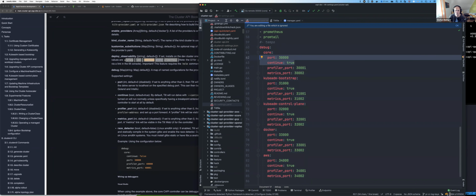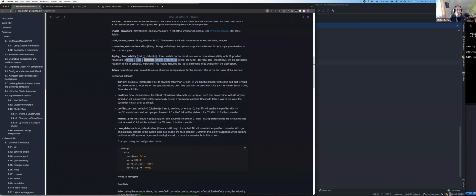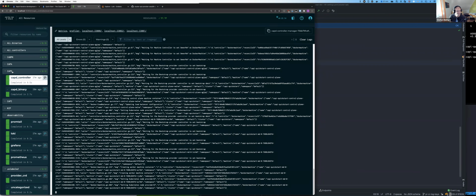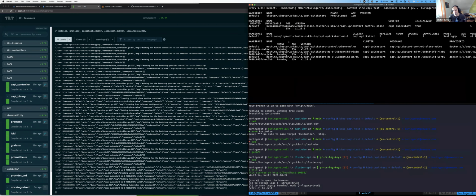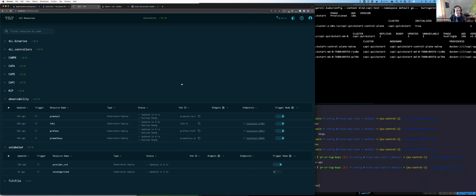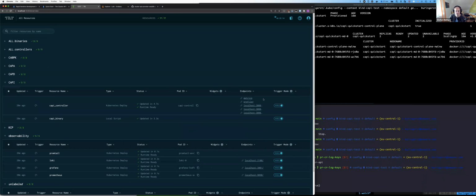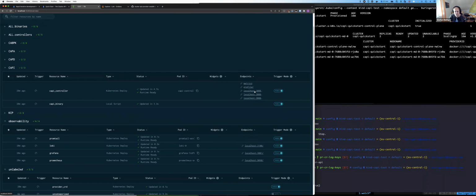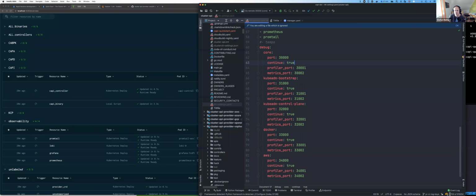Okay, so that's that part. What I would show now is how you can actually debug something here. So I deployed the cluster before, and those controllers are all running. When we look at the debug ports, which we can do either here, that's pretty hard to look at. So when you look at the currently,